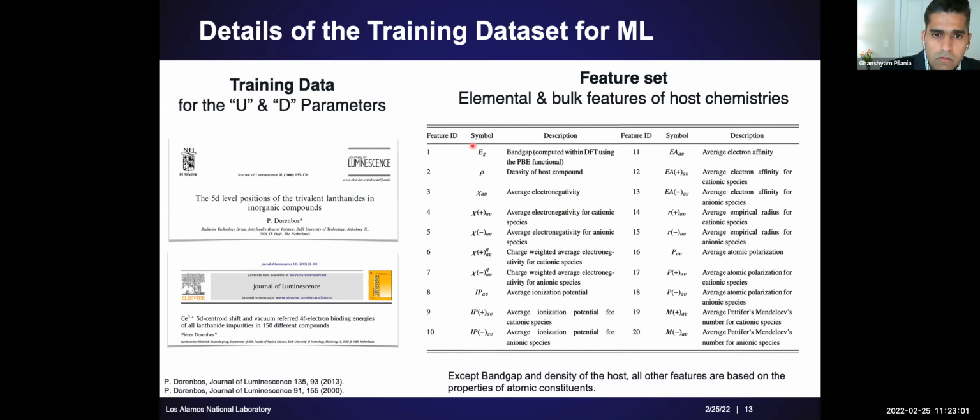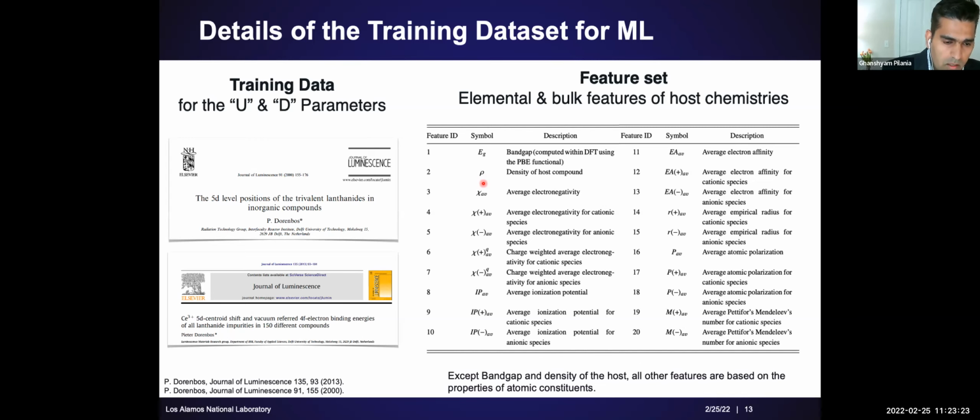We also found that it was absolutely essential to include band gap, because in retrospect, we know that the dielectric screening is very important. So ideally, you would want to have the dielectric constant, which is much more computationally expensive, but dielectric constant and band gap have an inverse relationship. And so just using the PBE band gap as a proxy for dielectric screening works well here.